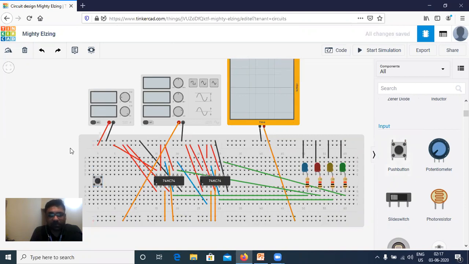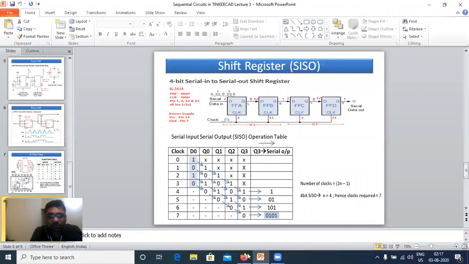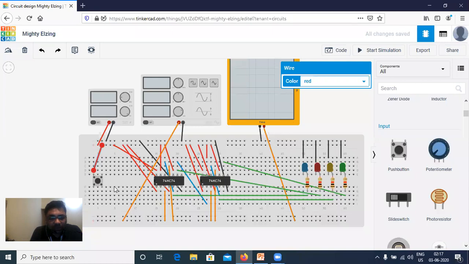Now what is the job of this push button? I'll take one input from 5 volt, right? And this I will connect to D0. What is my D0 according to the diagram? Pin number 2. So from here I will connect to pin number 2.